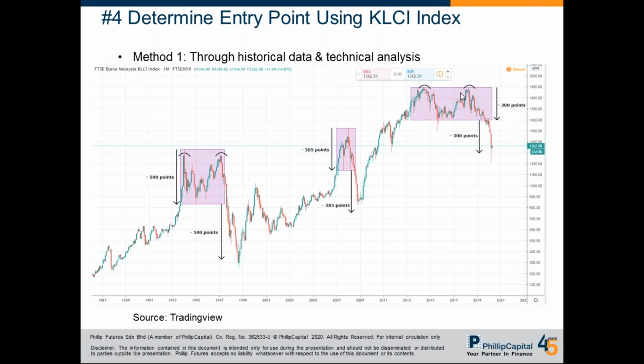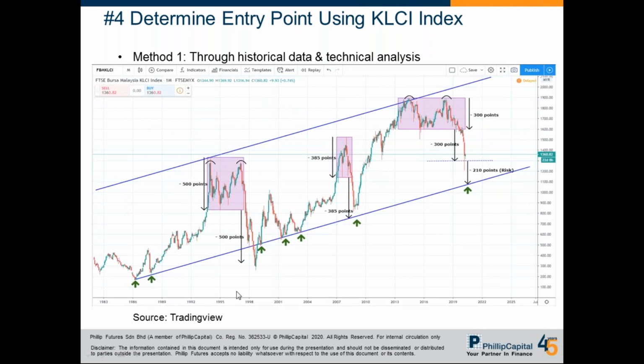Now, this is the current bear market. So what happened here is the double top here. And where is the neckline? The neckline is somewhere here. We so-called the support turn resistance. Okay, this is the support turn resistance here. So a break of 300 points, which means this is the level that we as a trader can start to monitor, because this is the potential bottom. So now we have identified this.